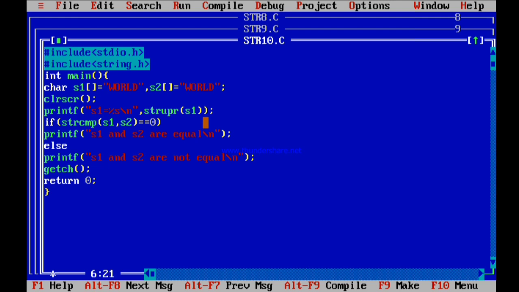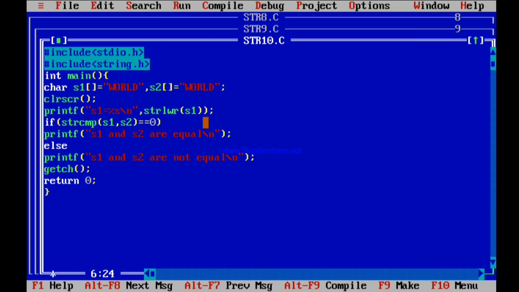So there is another function called strlwr, that is string lower. Okay, so I'll just remove these capitals. There is another string handling function called strlwr, the string lower function, that will convert whatever string has capital letters into lowercase letters.